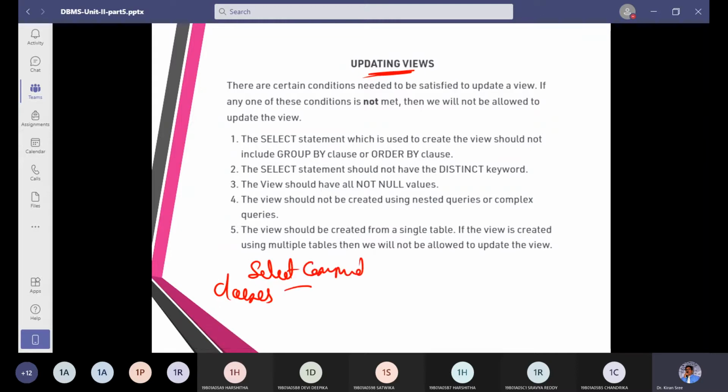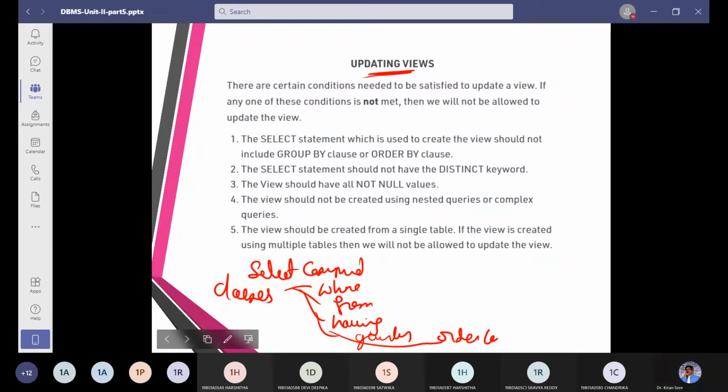What are the various clauses? Where, from, having, group by, and order by. These are the different clauses of the select command.